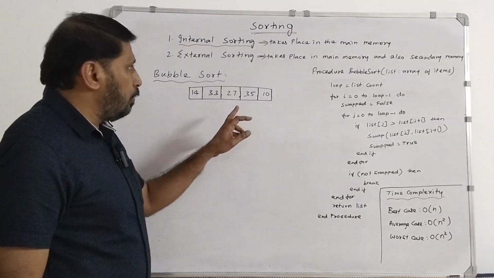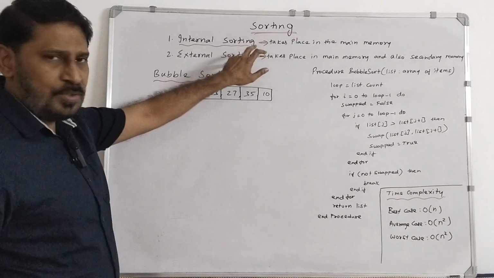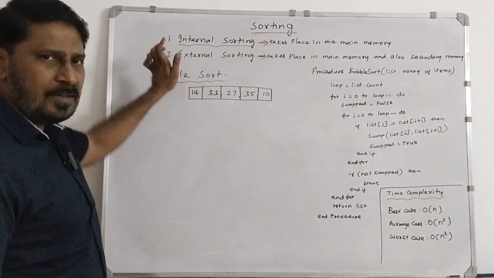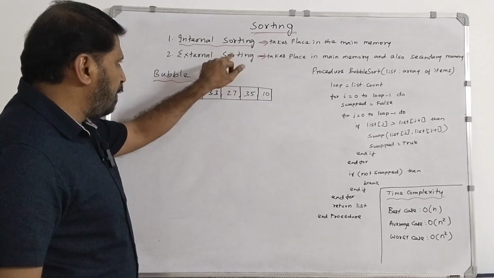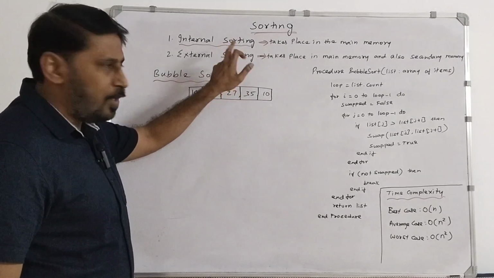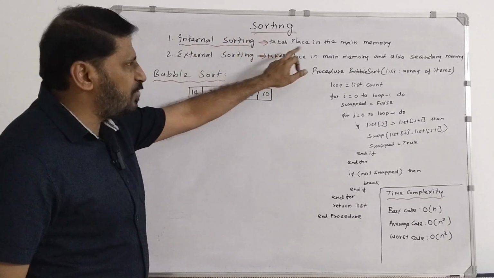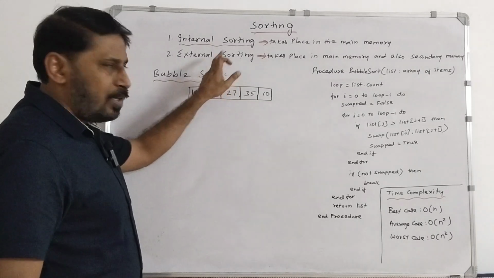So in today's video, we are going to see sorting. As far as sorting is concerned, there are two types of sorting: one is internal sorting, another one is external sorting. So what is the difference between internal and external? Internal sorting takes place within the main memory itself, whereas external sorting